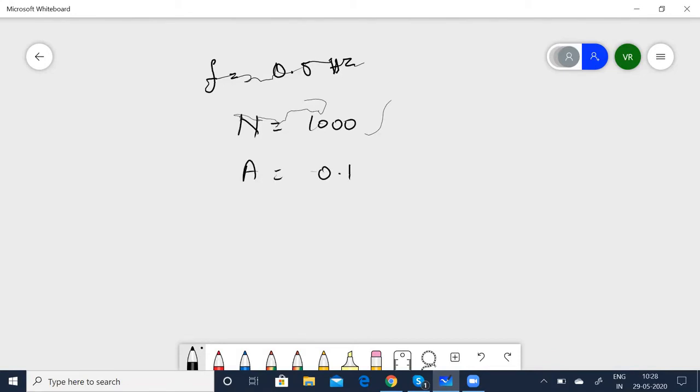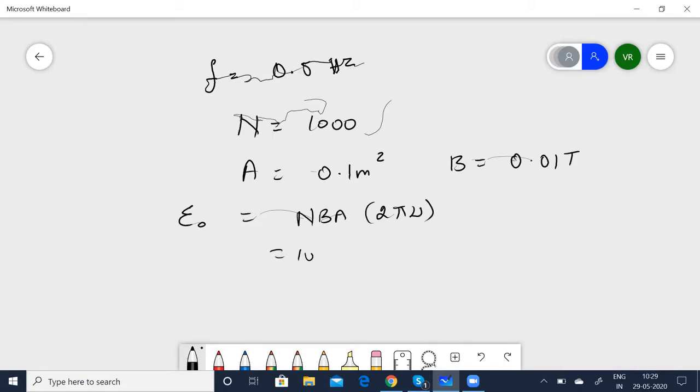You know, f is given as 0.5 hertz. See, here in this problem, you have the frequency given, that is nu. So N is equal to 1000. A is equal to 0.1 meter square. B is given as 0.01 Tesla. So all the data is given. Quickly substitute in the formula. Epsilon 0 is equal to NBA omega, but instead of omega, since frequency is given, you can write it as 2 pi nu.